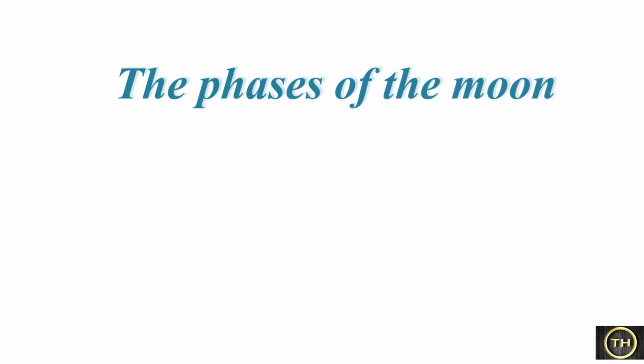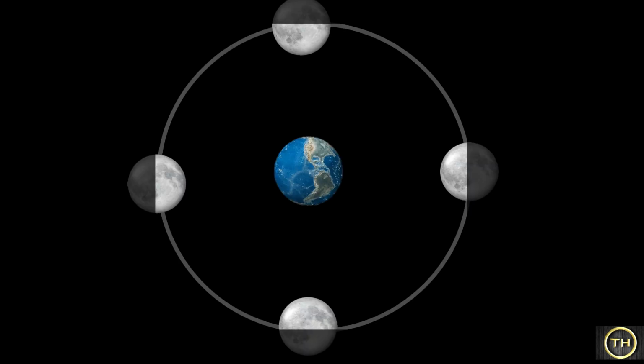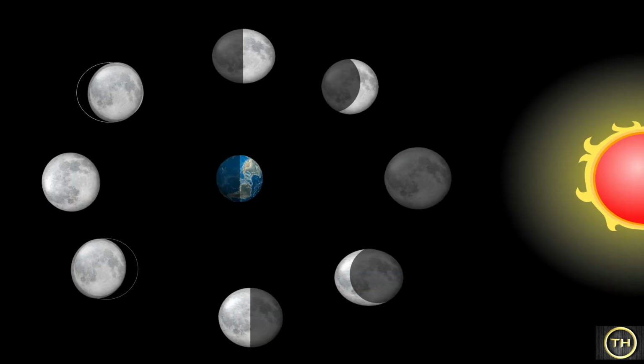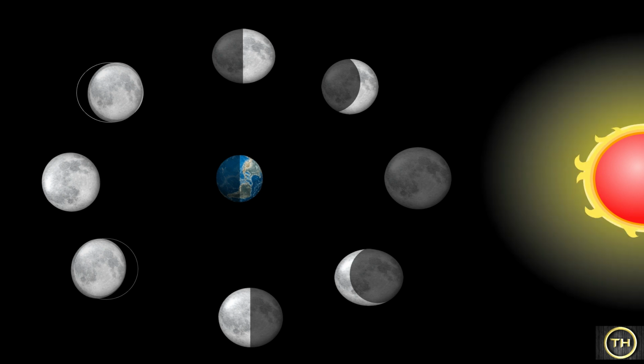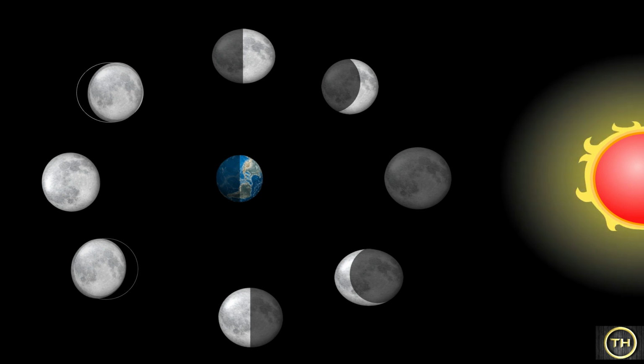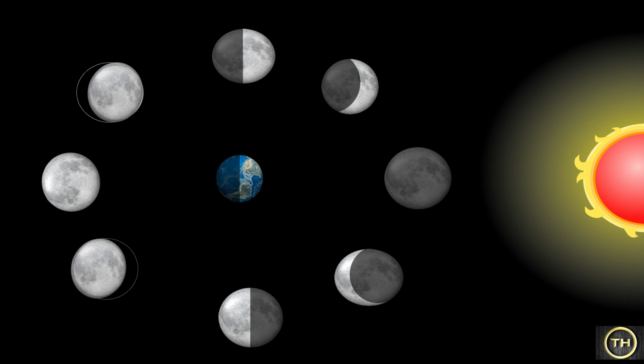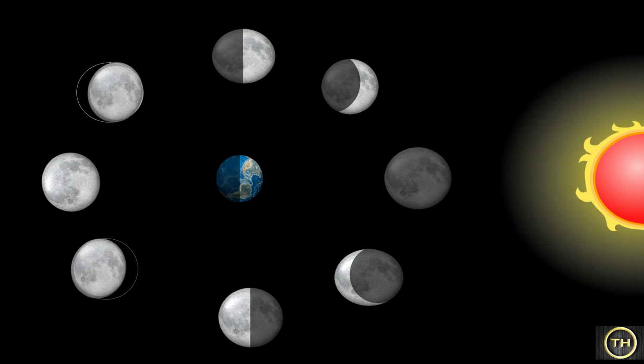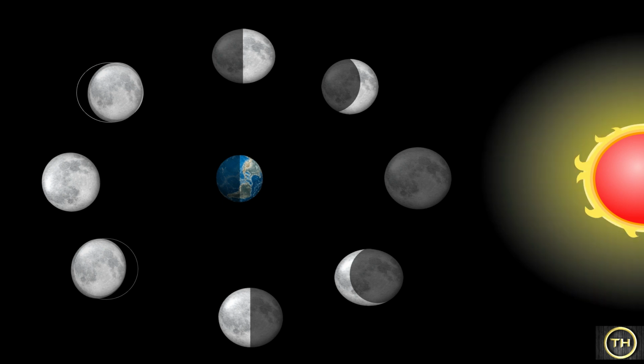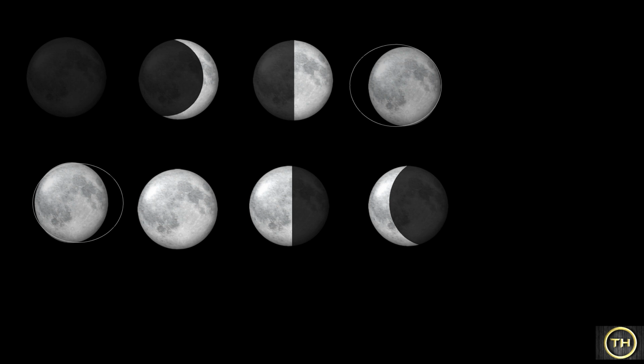Now, let's learn about the phases of the moon. We see half of the moon's surface which faces the earth. That is, from the earth we see only one side of the moon. The moon has no light of its own. We can see the moon because of the sun's light that falls on it. This happens because the moon is a satellite. So therefore, it does not have a light of its own. It gets the light from the sun and that is how we are able to see the moon.